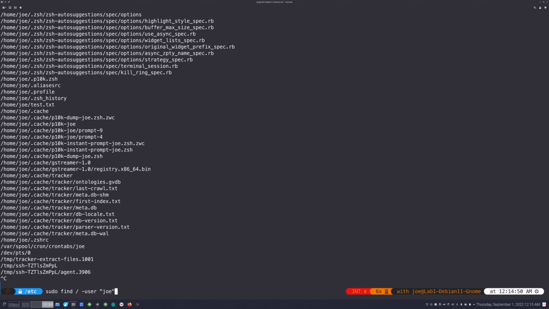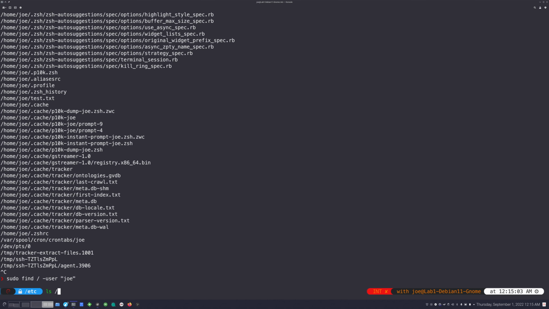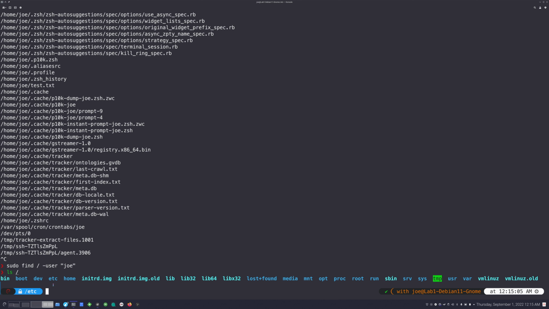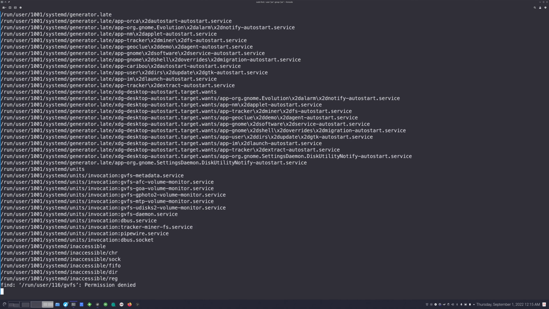So if I look at my file system /, you can see that's where you have etc and home and all that stuff, if you're not a Linux initiate. So basically, I'm saying from the top of my system on down, find any file that is owned by the user Joe. Now, like -user, you can also do -group. So I can look for the group ownership of Joe as well. So any file that's owned by Joe.